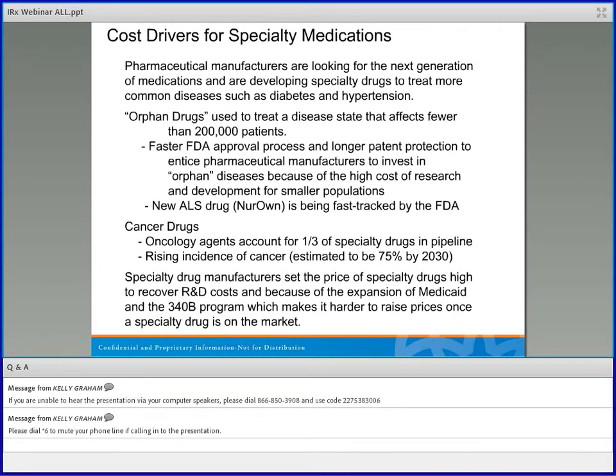And the other thing I think is really interesting is that because of the 340B program and Medicaid, where technically Medicaid gets the best price, if you're a new drug to market and you're the only one, you've got to set the price fairly high, because if you set it low, it's much harder to raise that price after the drug is released, because Medicaid or Medicare and even the 340B program are going to be unwilling to pay much more. So some of these drugs are set at a higher price because of the expansion of the Medicaid and 340B programs.